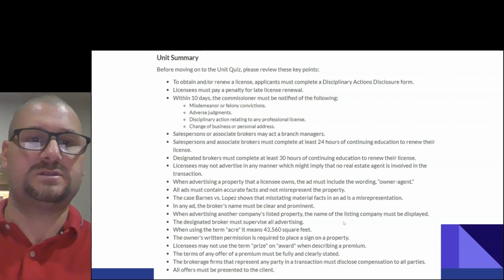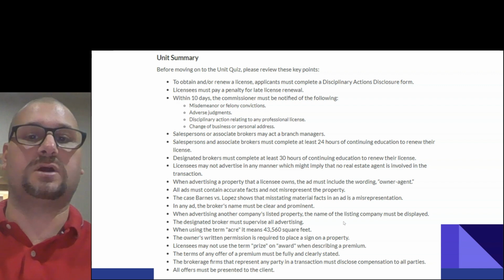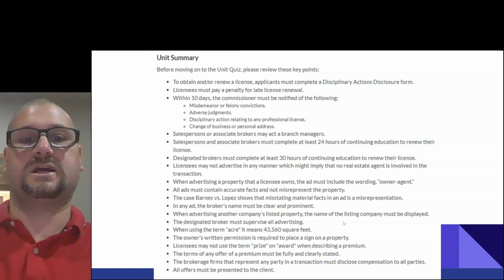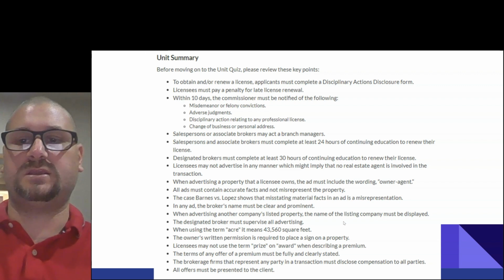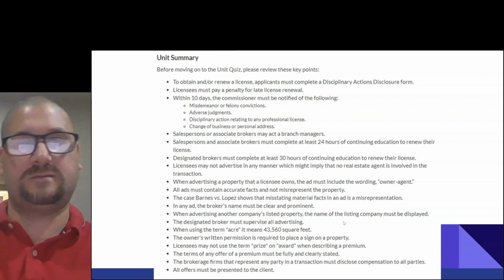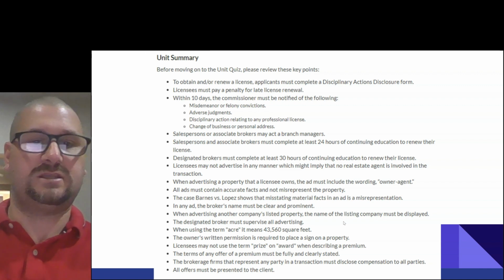The case Barnes versus Lopez shows that misstating material facts in an ad is a misrepresentation. In any ad, the broker's name must be clear and prominent. When advertising another company's listed property, the name of the listing company must be displayed. The designated broker must supervise all advertising.